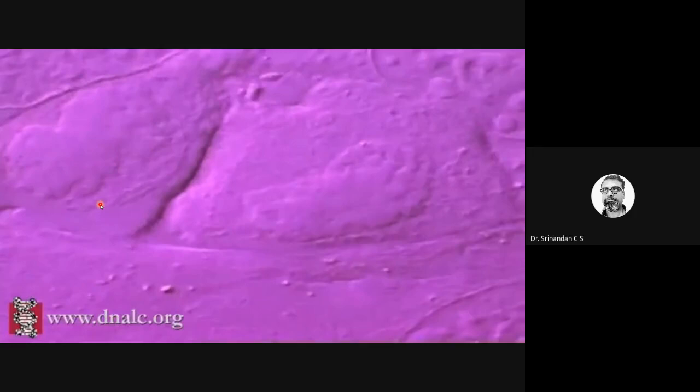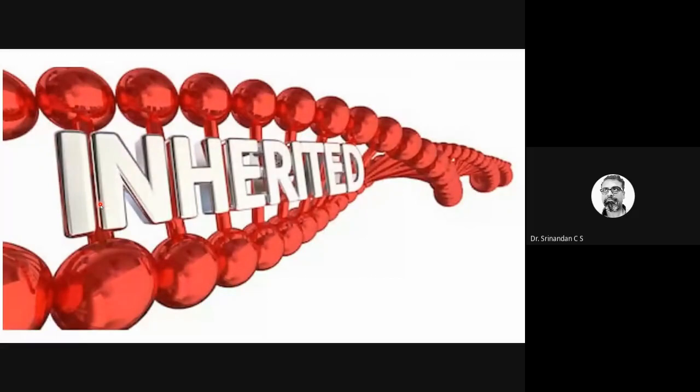And the last thing you should know is that the DNA, as you saw in the previous video, is equally distributed. The code will equally go to the daughter cells, and thus to the children also. So it is something we call inheritance or heredity. Okay, so this is the reason why we are similar to our parents or siblings.